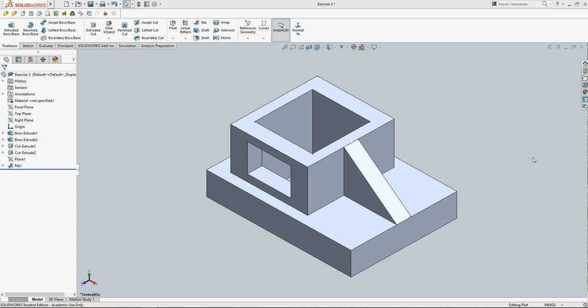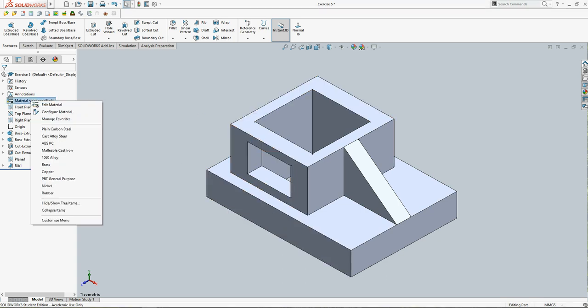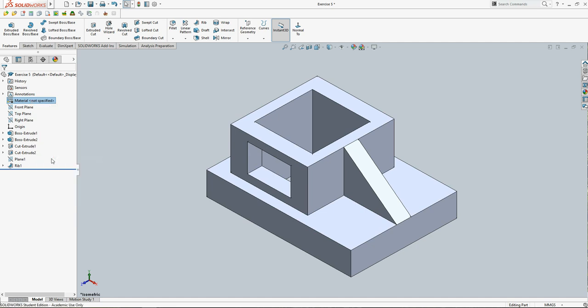Okay, so what we're going to do now is create a drawing of this component. We'll call it a guide or something like that. It's a simple component that you made earlier. It's in 3D views, so we're going to create just a 2D drawing of it. First thing I want to do, notice there's no material applied to it, so I'm just going to apply a material. I'm going to pick a 1060 alloy, an aluminium alloy, and that's done. So I'm going to save that,